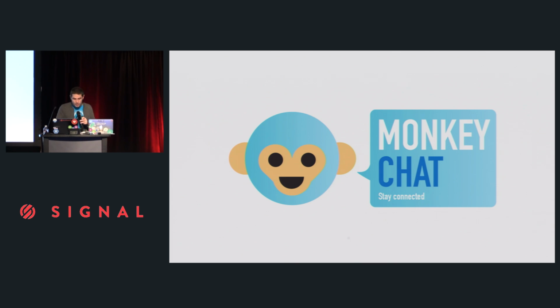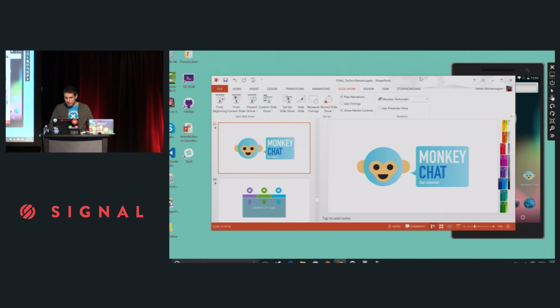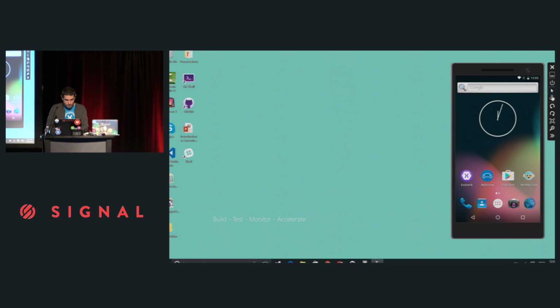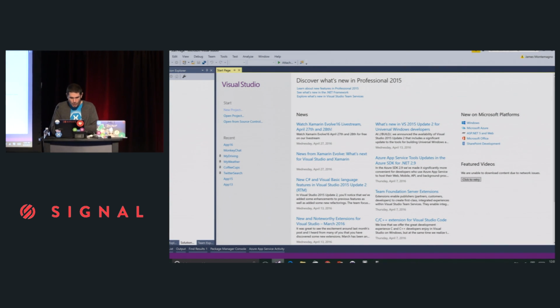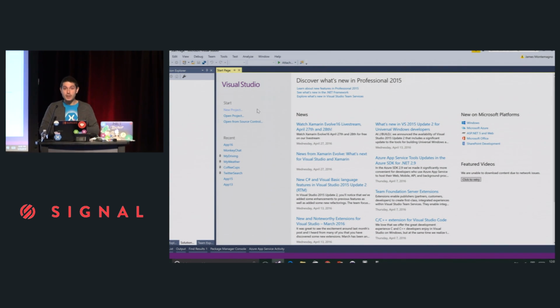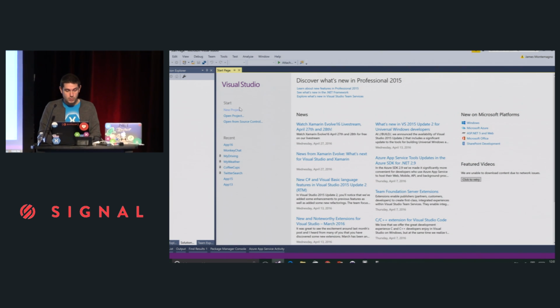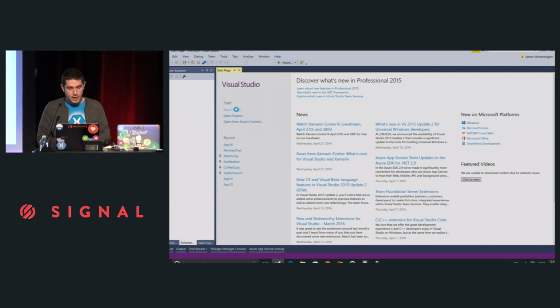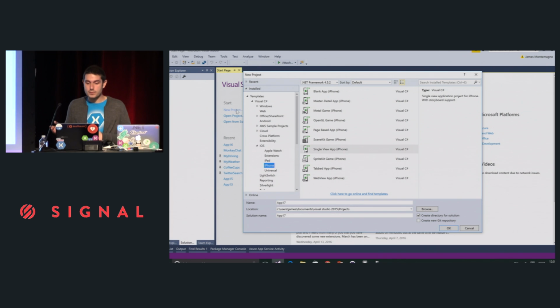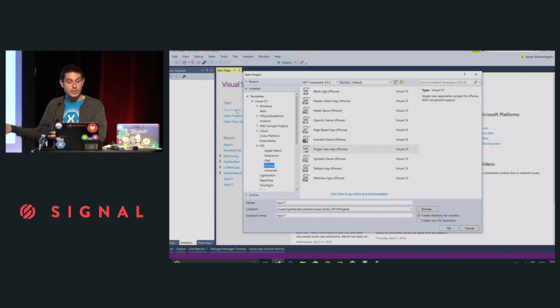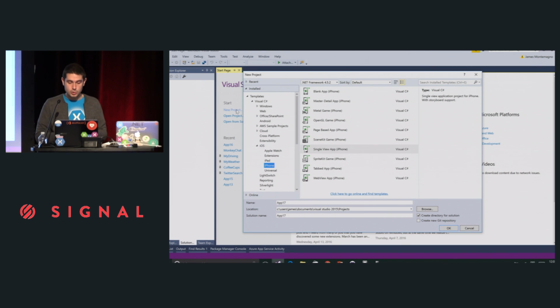All right, cool. So I'm going to jump over really quick into Visual Studio. Now, normally, if you've never gotten started with Xamarin before, you'd say new project, and when you install Visual Studio 2015, you can just install Xamarin at the same time. If you have older versions, 2012 or 2013, or have already installed 2015, you can go to xamarin.com, download our universal installer, and you'll be good to go.